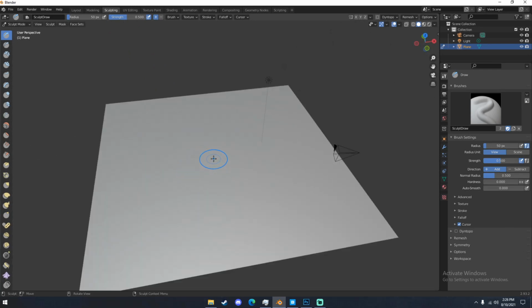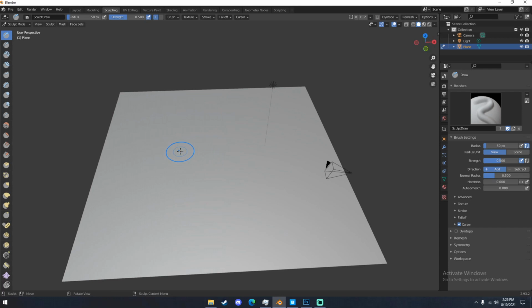And so what we're going to do is basically carve out. I should probably give you guys the controls for that. We're going to be using this draw tool, which is over here. Normally if you just click and drag, it draws on it, but if you hold Control, it subtracts. So we're going to carve out a little area right here, kind of like this,